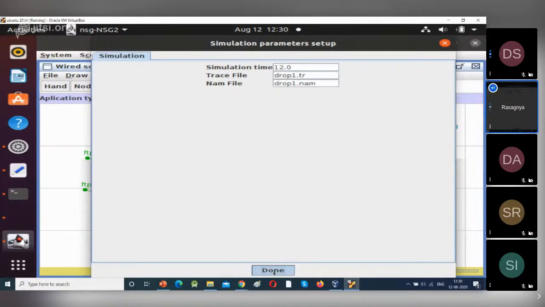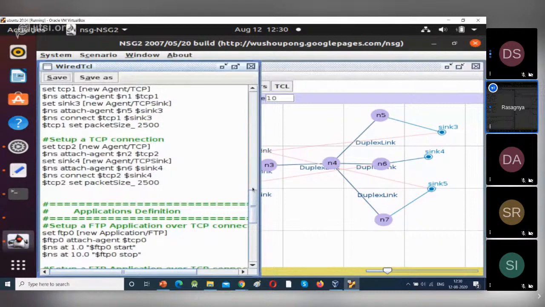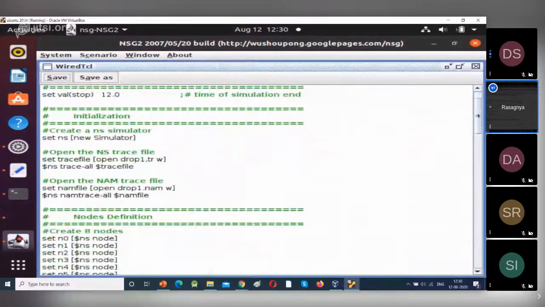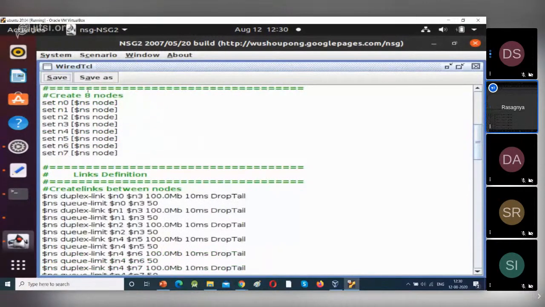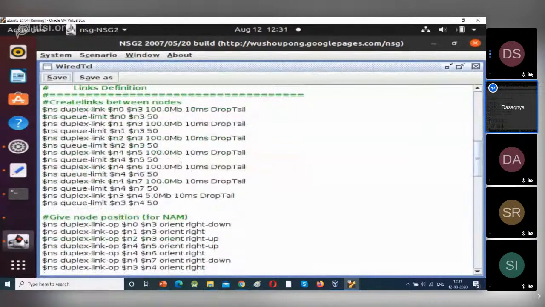Now check each and every parameter. We have simulation time as 12. Next we have the simulator and the trace file name, NAM file name. Next here we have nodes. We have created 8 nodes. Next these are the links between the nodes. See, for all the links it is 100 MB capacity and the queue size is the same for all.